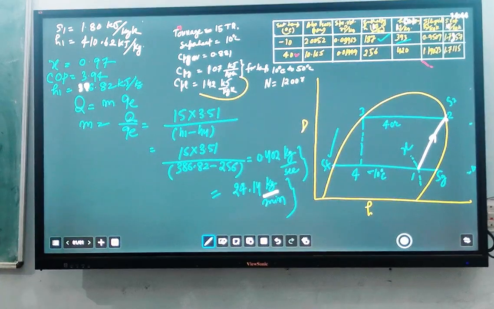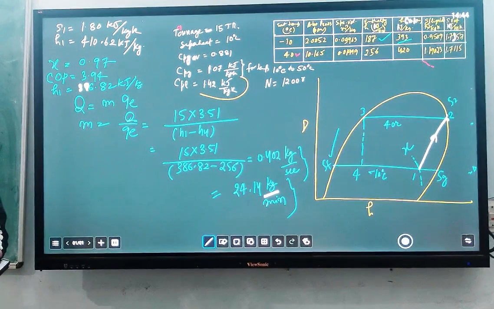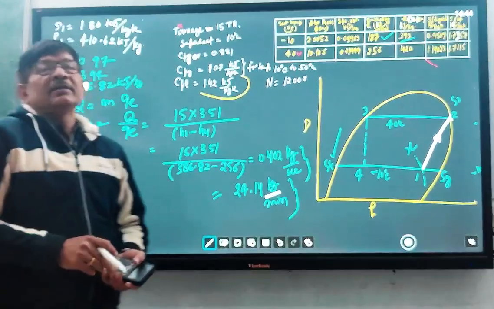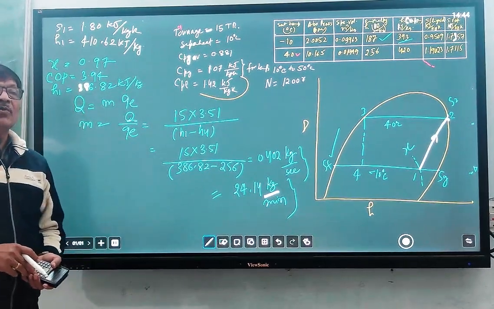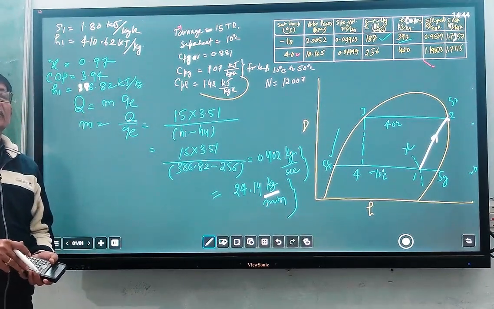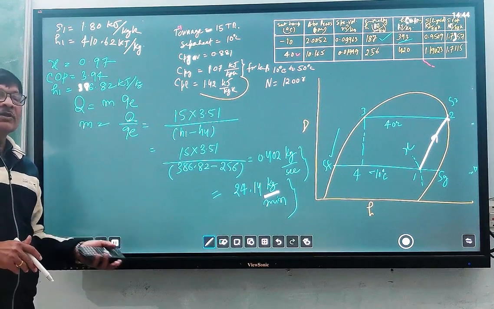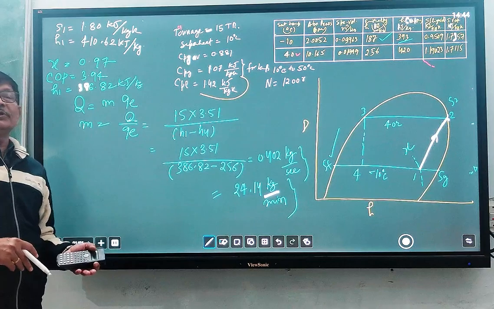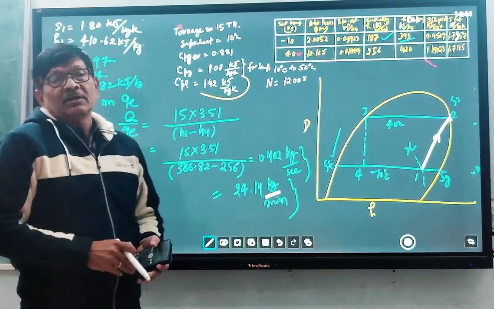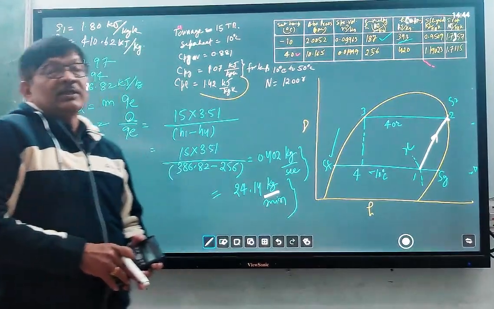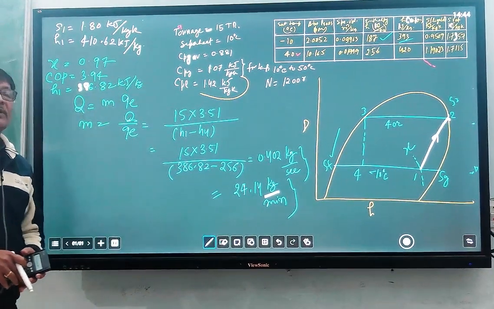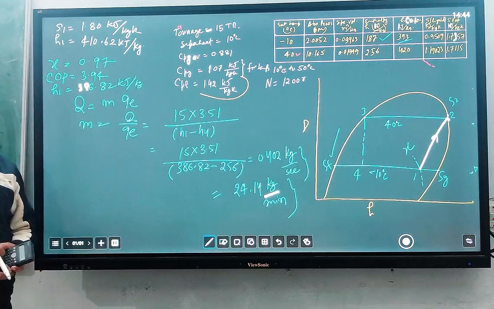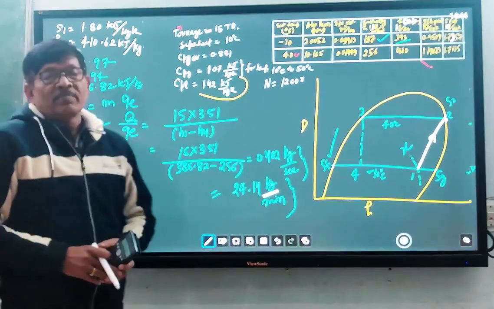So I think this is enough for you, and we will also take the case of the compound refrigeration cycle, when two compressors will be required combined. These are used in heavy duty, that is, industrial refrigeration systems. Two or three compressor systems can be used, also called a cascade refrigeration system. We will also solve one question based on the compound refrigeration system.